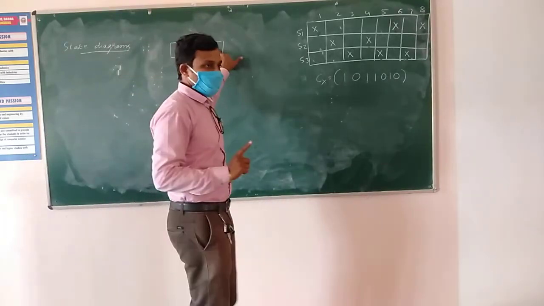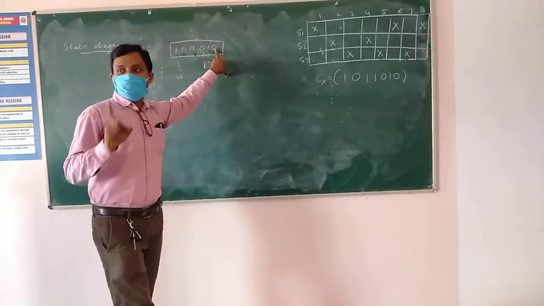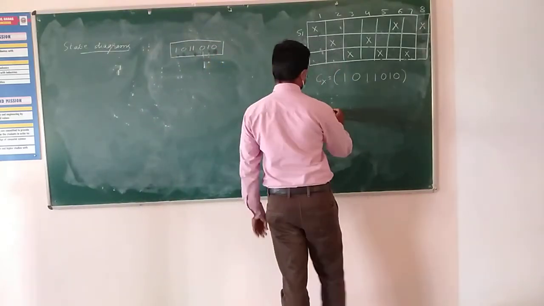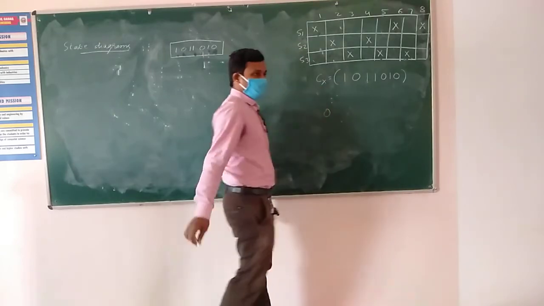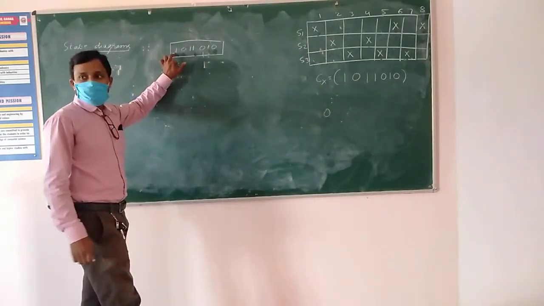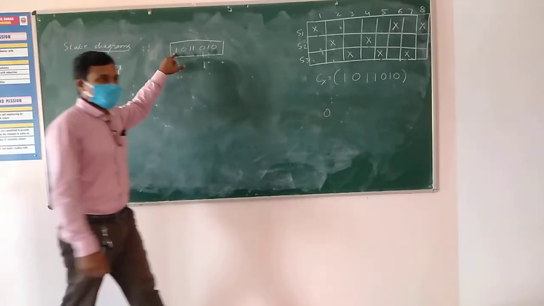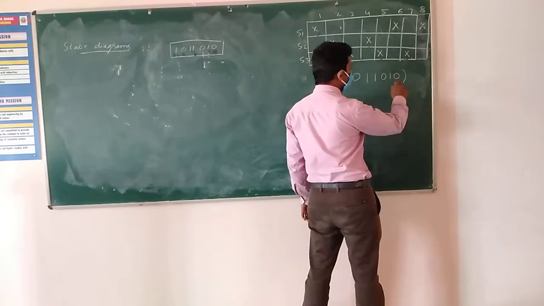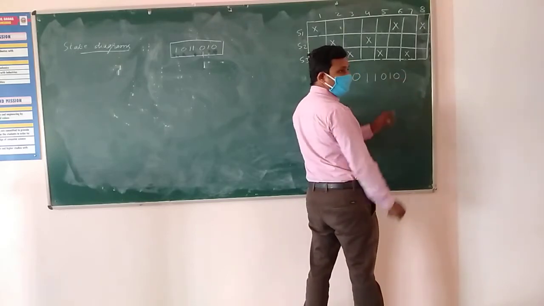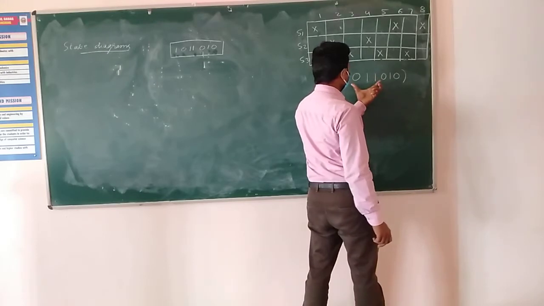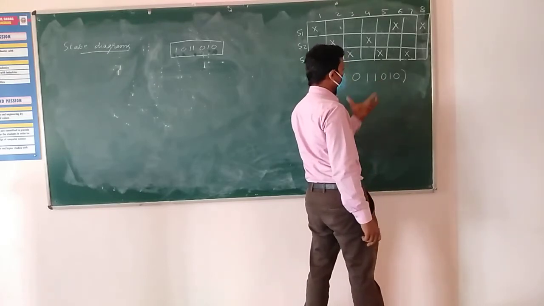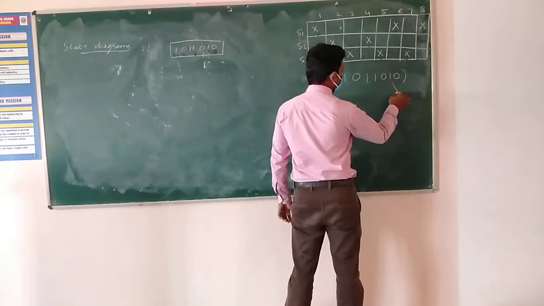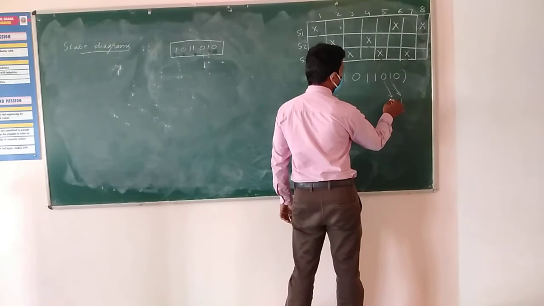Perform one right shift, right shift by one bit. When you perform a right shift by one bit, the leftmost bit position is left free, isn't it? So this is the initial state. This 0 emerges out. If this is a 0, what you have to perform? Whatever we have as the left-out result, write it. So this bit comes to the first position.